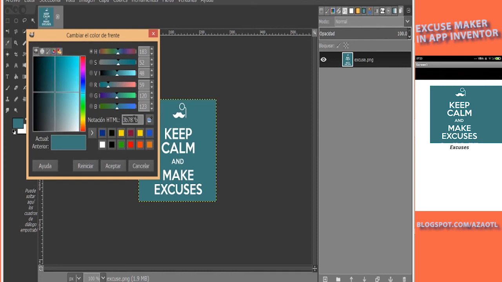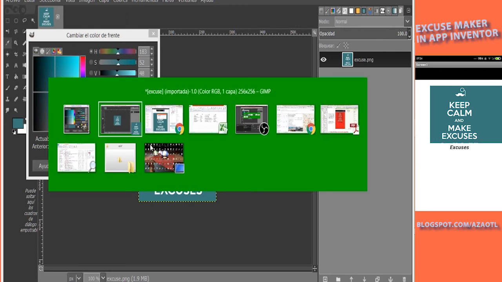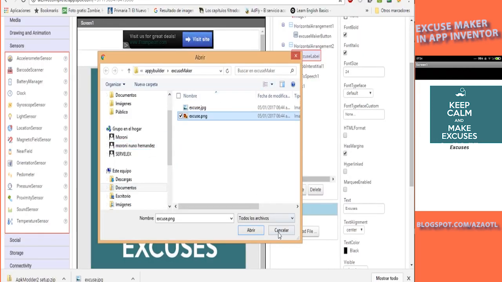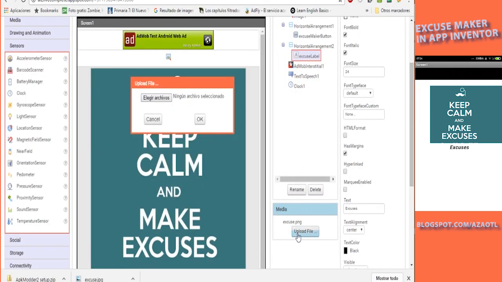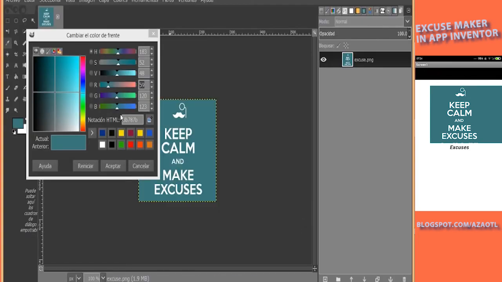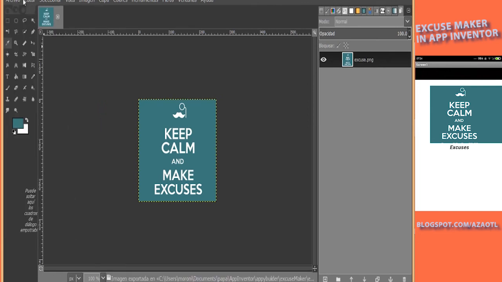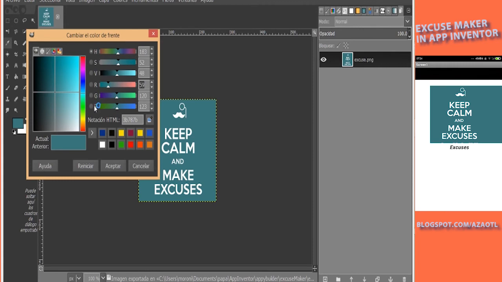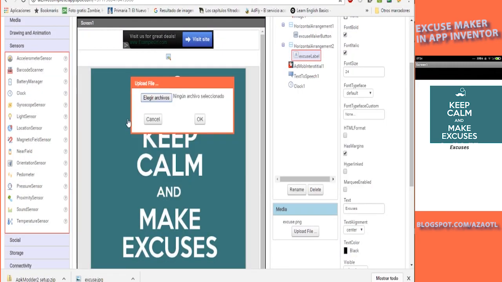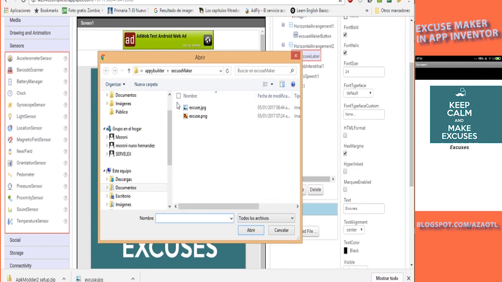Okay, now I can use this information, the RGB, it's this one: 59, 120 and 123, to make the background color for the app. Or well, let me just refresh this, export, and again I take color picker, go here, RGB values, we upload again the file,